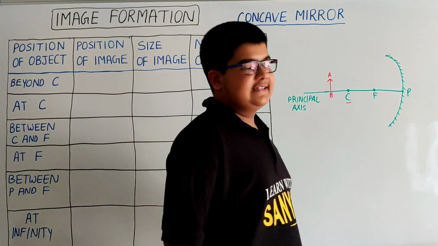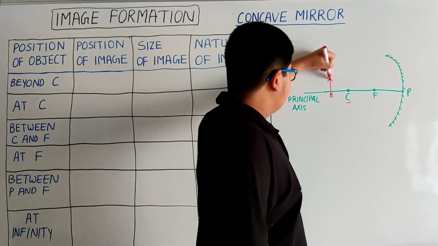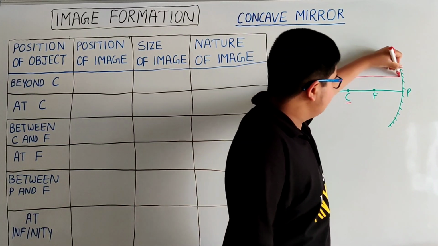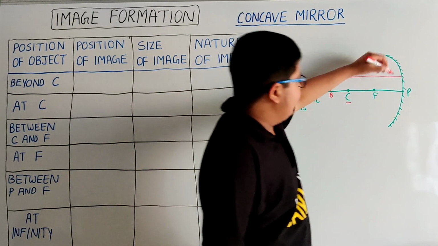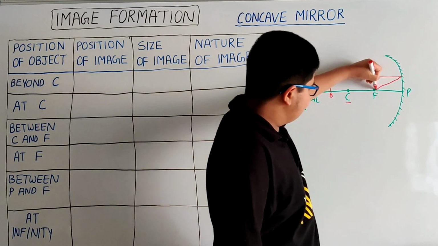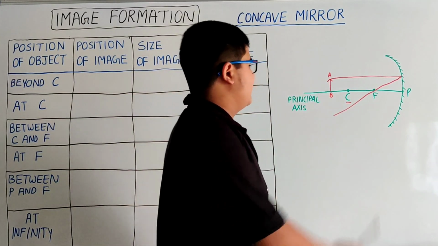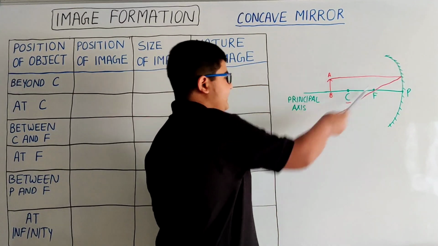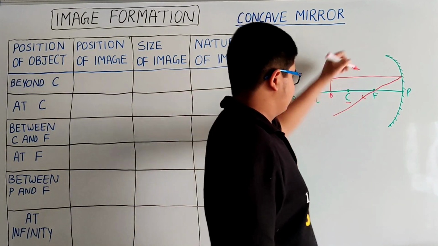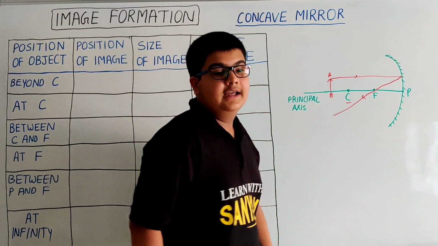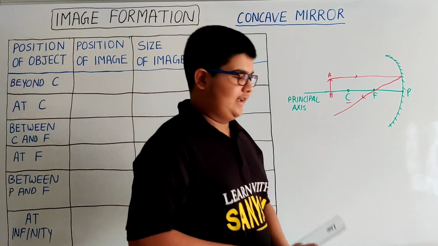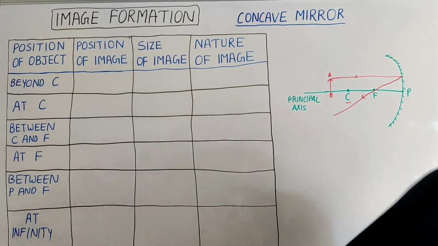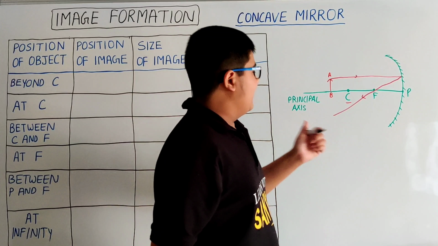The first rule says that if the incident ray is parallel to the principal axis, then the reflected ray passes through the focus. So here I have drawn the incident ray parallel to the principal axis and the reflected ray is passing through the focus. This is our ray 1. Now let's draw another ray. So our ray 2,